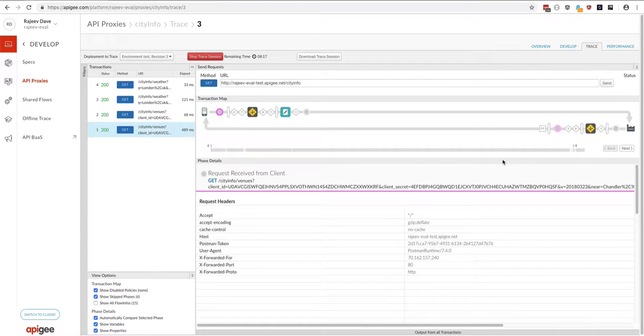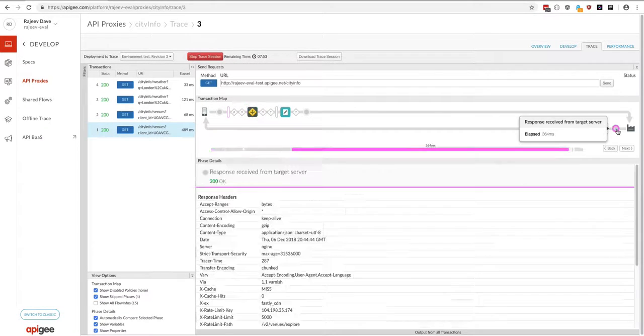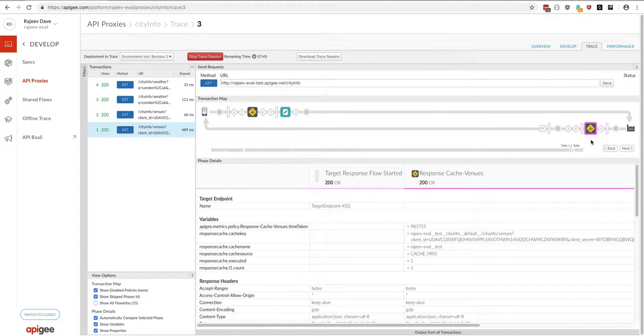Making subsequent calls to the APIs again, we see that indeed coming in for venues, weather didn't match, venues did, response cache policy fired, there wasn't a match. We called the backend server, and then the response cache policy fired as well. And this is now on the conditional flow. The next time we make the same request,